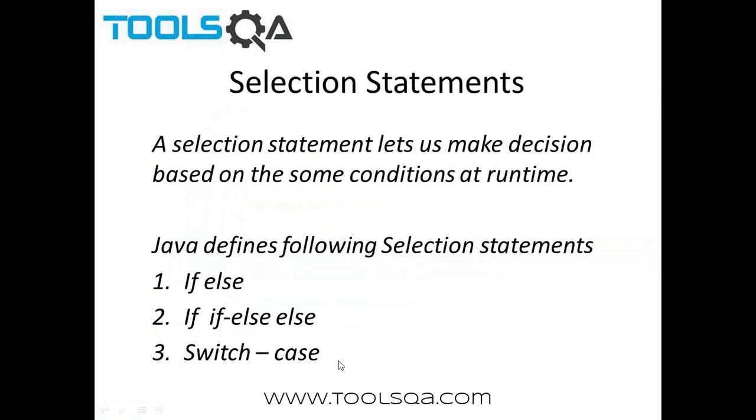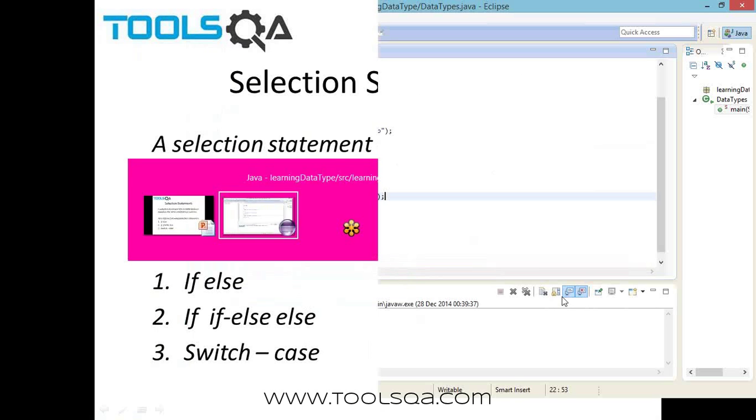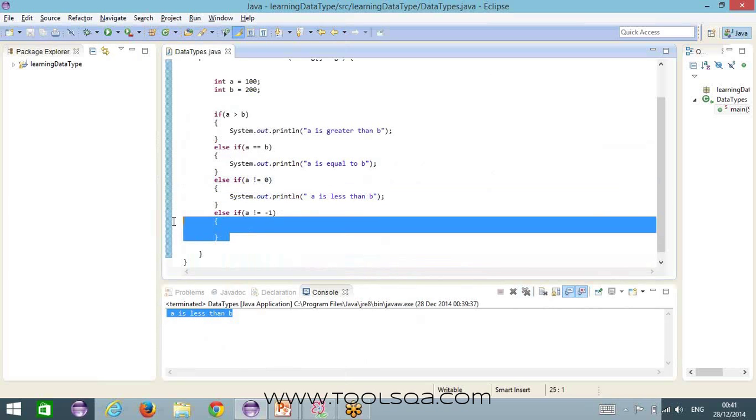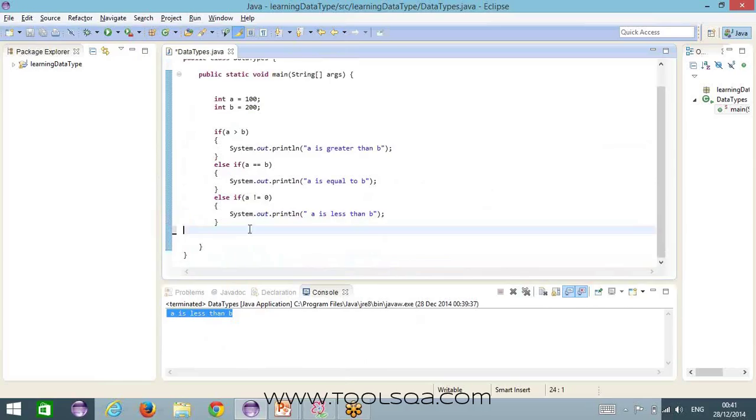Let me move on to the last one, which is the switch case block. Before we go into switch case, let me just revisit our earlier statement. This was the condition that we wanted to perform. We wanted to check whether A is greater than B, and then whether A is equal to B, and if none of the two conditions were true, we wanted to simply say that A is less than B, right? Now we can do similar branching of code